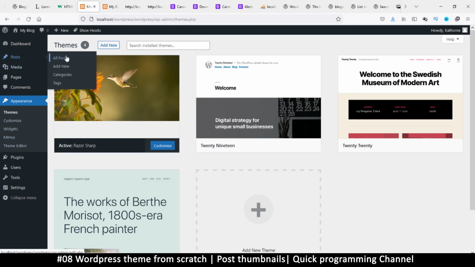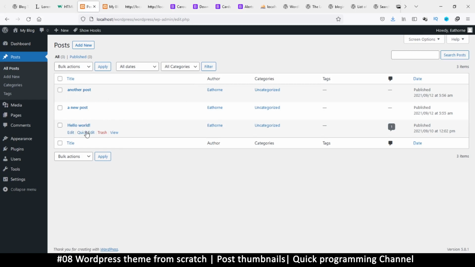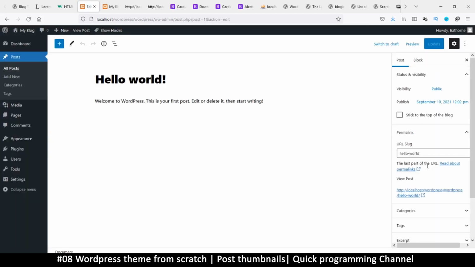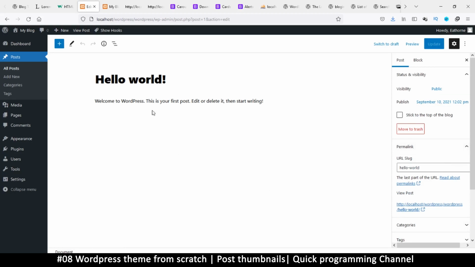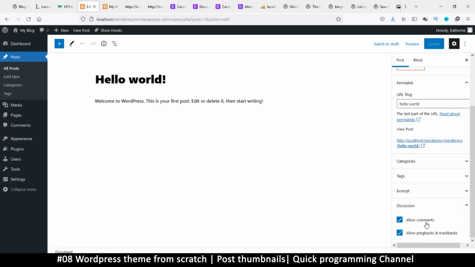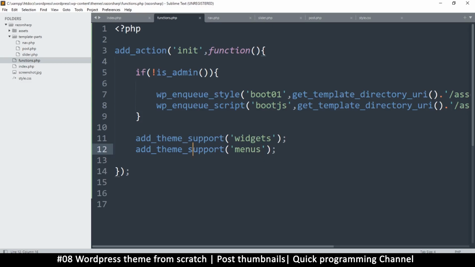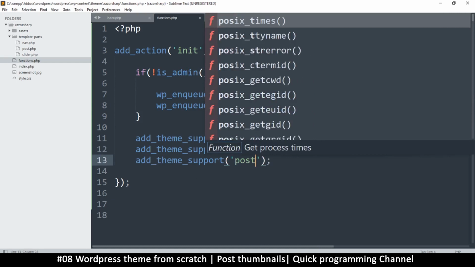Because if I go to posts, let me go to all my posts here. And I have 3 posts here. Let me try the Hello World and edit it like so. Now going down here, for me to add a preview image to this post, that preview image is called a featured image. Make sure you're on post, not block. If I look on this side, I don't see anything that says featured image. There's categories, there's tags, but no featured image. Well, to add that section, it's just a theme support. So I'll say post-thumbnails